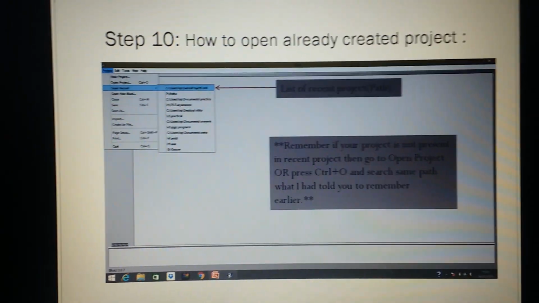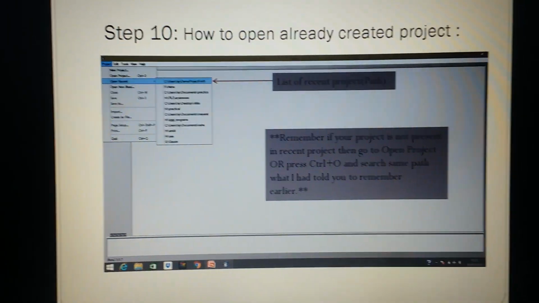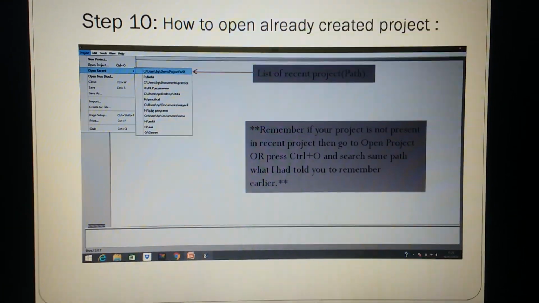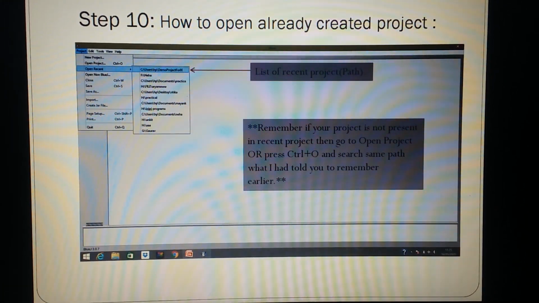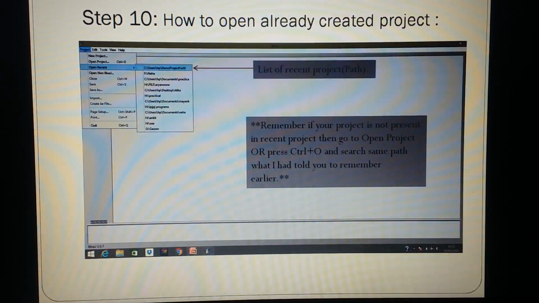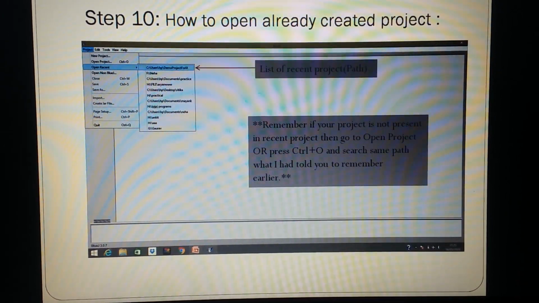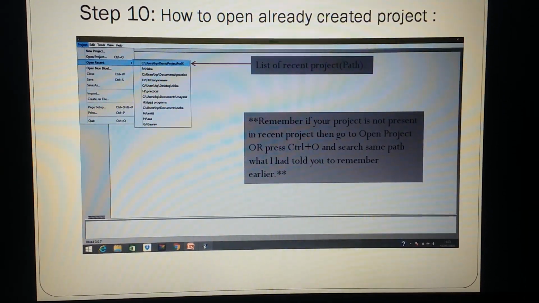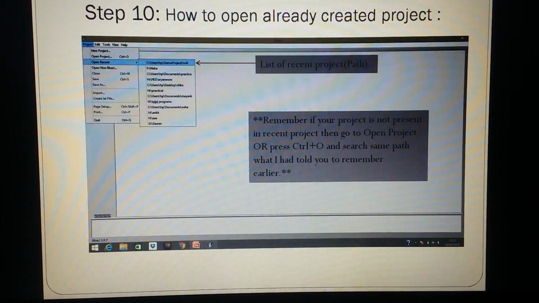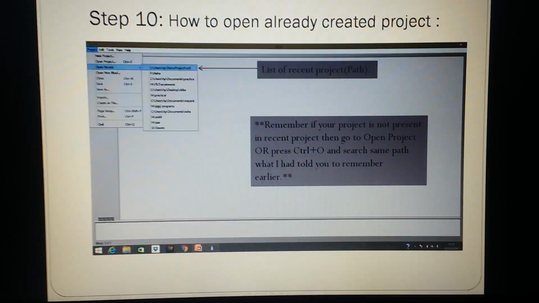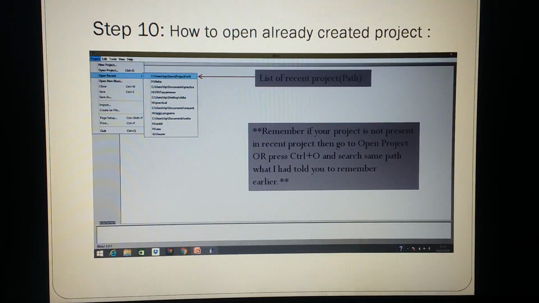And when you are coming back and opening it, you have already created your project. Then see, when you are clicking on project, you are not supposed to create a new project again. You have already created it. That's why you have to visit Open Recent, meaning you have a recent project in front of you.